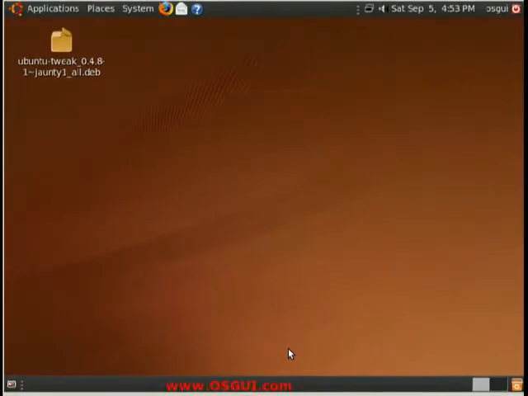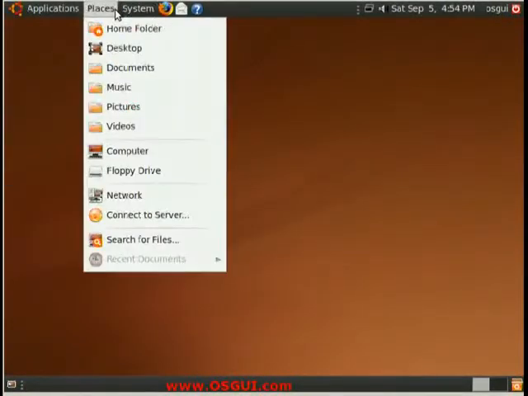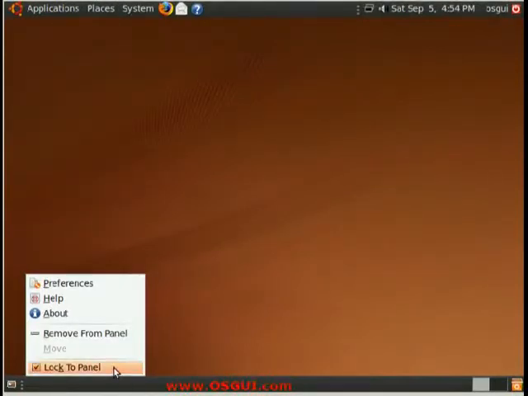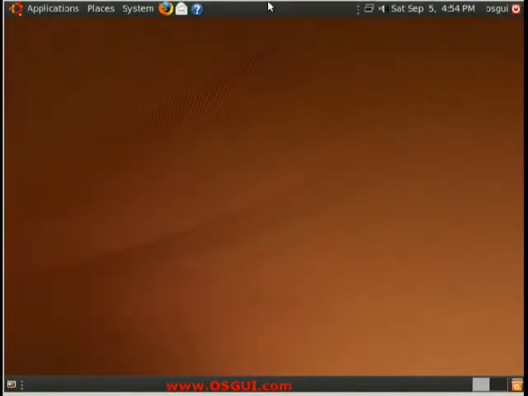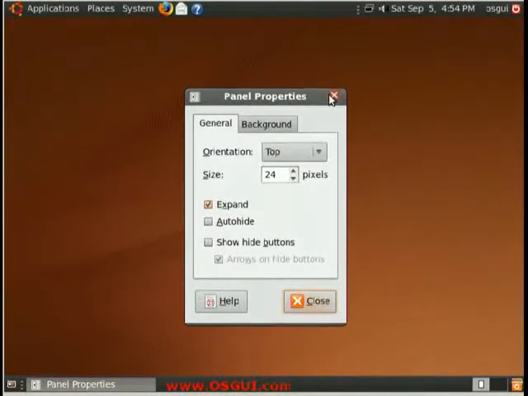osgui.com video tutorial on how to customize your default appearance of Ubuntu 9 and all the other sort of Ubuntu and any really GNOME release GNOME graphical user interface. How to customize it, in my opinion, so that it's a bit more user friendly, so that your nano will be able to use it, anyone will be able to use it, because I personally feel